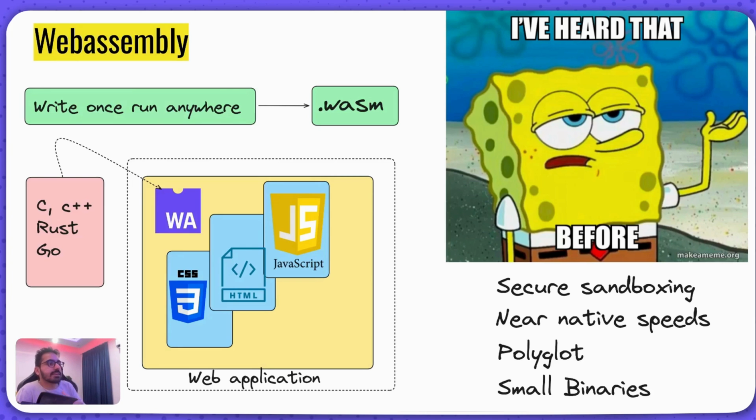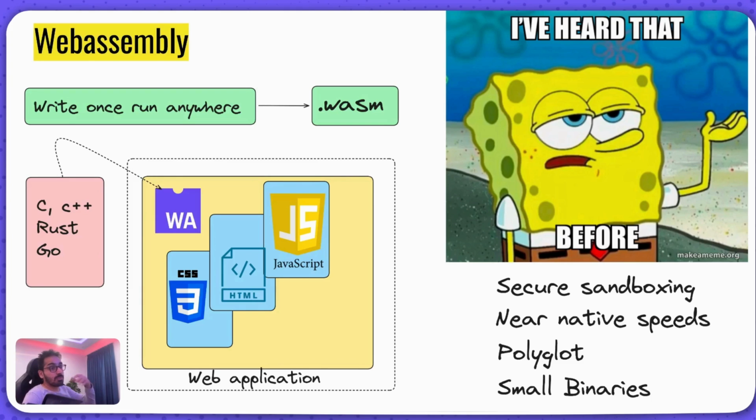But the true powers, in my opinion, are the secure sandboxing, near native speed, write in your own language and then compile to WebAssembly and run it and ship it, and the smaller binary sizes, because it's not like Docker where you are having your dependencies, libraries, everything packed up inside as a container image. That's where people compare WebAssembly and the Docker ecosystem. But yeah, it's the code that you have to run. Think of it as a serverless model for a second, and then smaller binaries that you can execute. So the secure sandboxing, near native speeds, polyglot, and smaller binaries are the true benefits when it comes to the